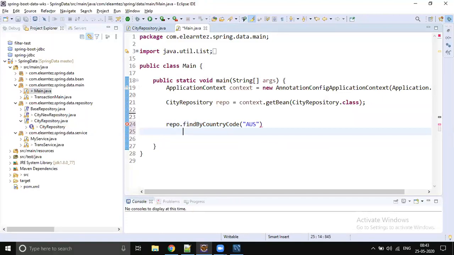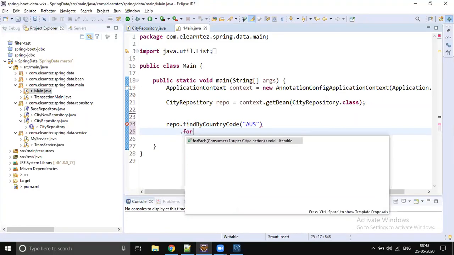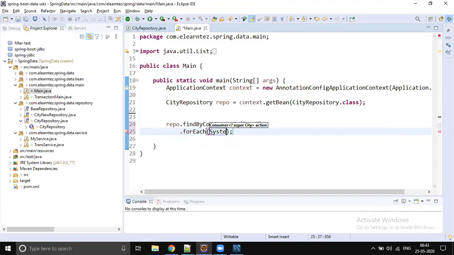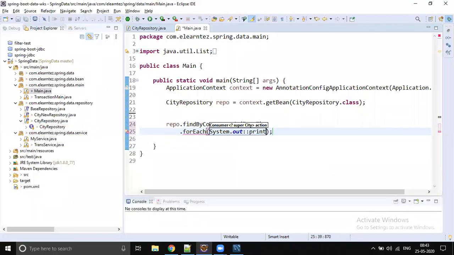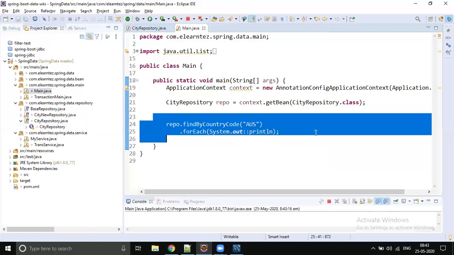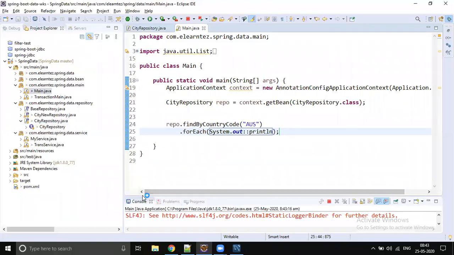I don't assign it, I will directly do a for each. That is the method chaining concept. We have been doing this for so many days, so that's why we are directly doing it again. This is nothing new, it's just simple method chaining.